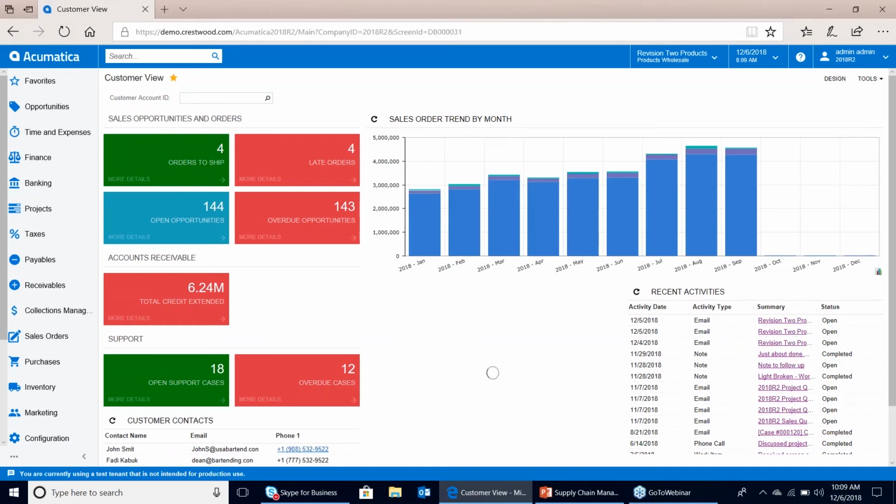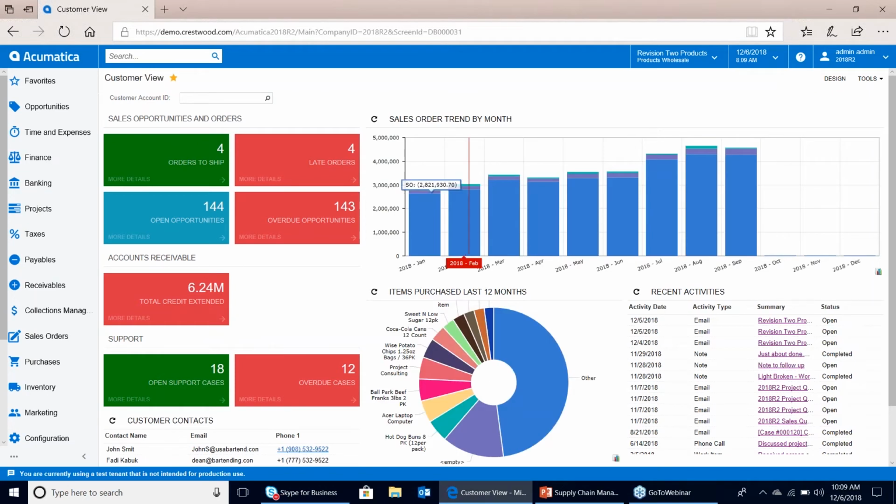Good. So those are some good metrics, as well as the sales order trend by month graph. I also want to point out a couple of functions. I think I've done this before, but I really like showing these functions for the graph. We see we have 12 months of history that can be accumulated on this graph. There really haven't been any transactions in the last 3 months in this demo environment. So let's just think that we're in the month of October and we've got 3 full months of history here,